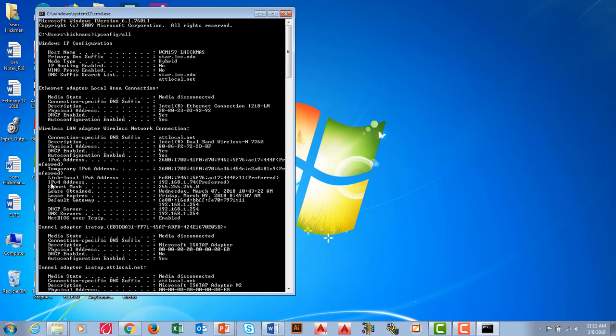I'm looking for my IPv4 address. So you're going to find your IPv4 address, and we're going to check it out a couple ways. Mine is 192.168.174. It's going to look a little bit different than yours because you're on the LCC network. I think yours might start with a 172, and mine is my home network, so it starts with a 192, and there's my subnet mask. Okay, so I'm using wireless. You're probably going to find your connected local area,